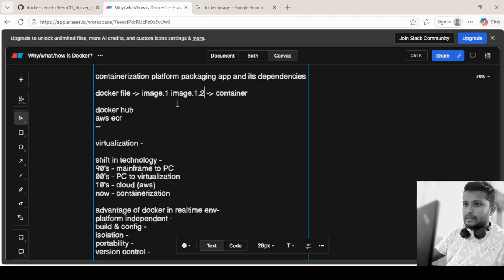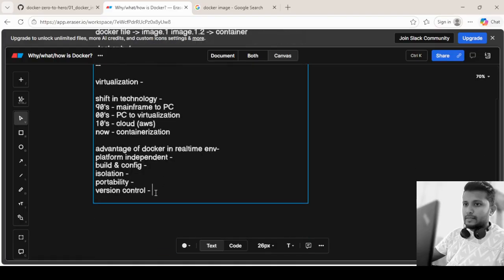So we have version control over here, with which we would understand what changes we made in image 1.2 and what changes were there in image 1, which makes it quite easy for us to roll back to a particular version. So we have the advantage of version control in Docker as well.